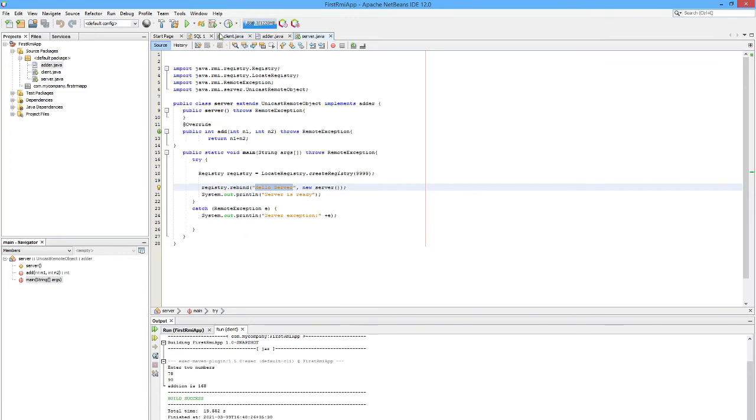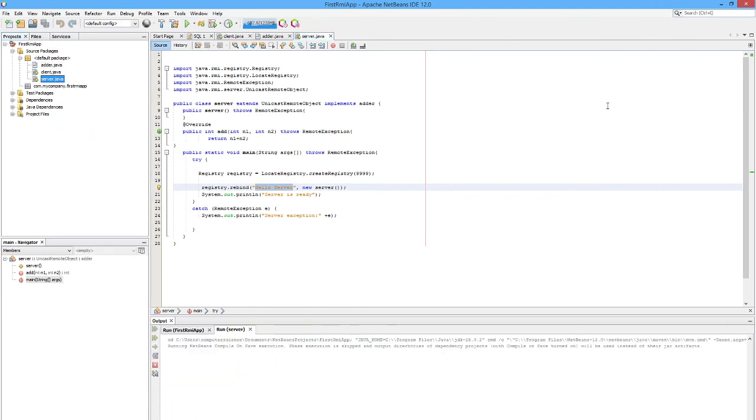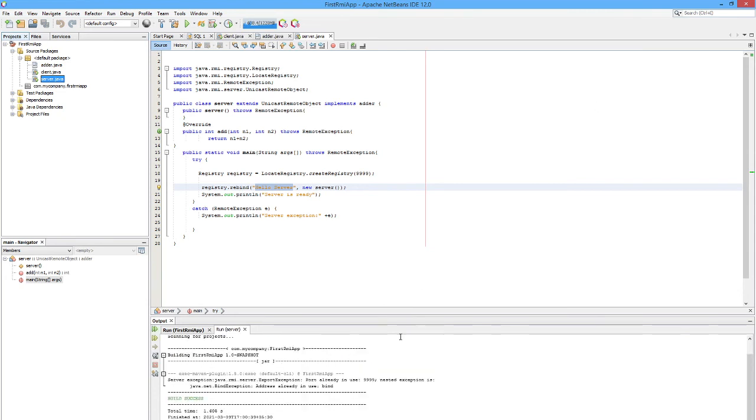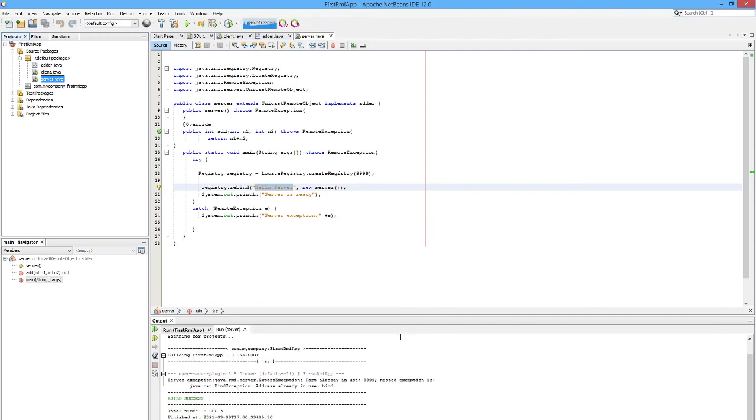After executing this program, first you have to run the file Server.java. When you run Server.java, it displays server is ready.